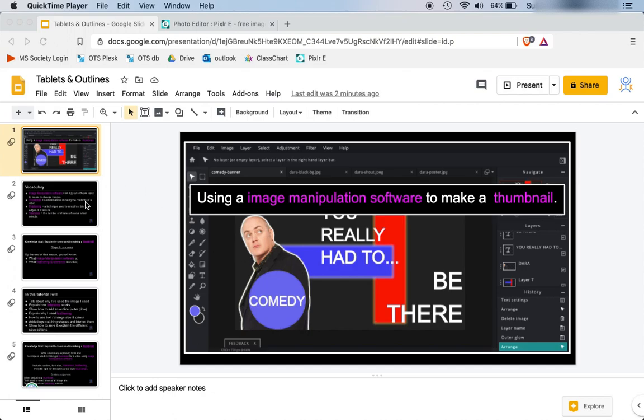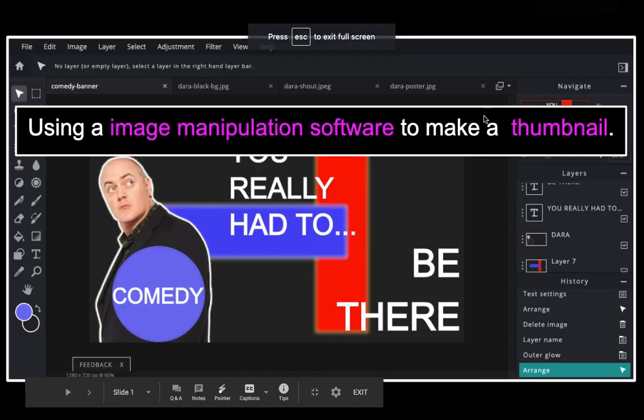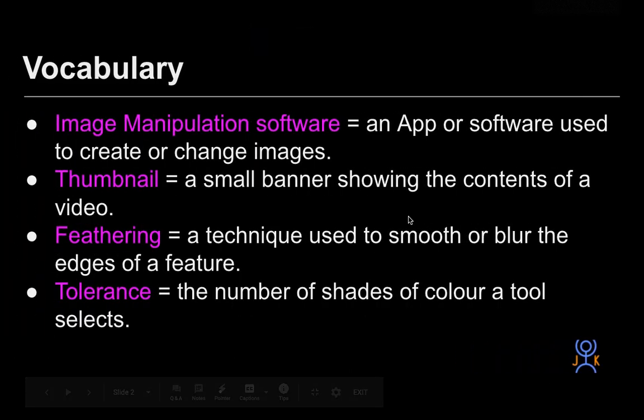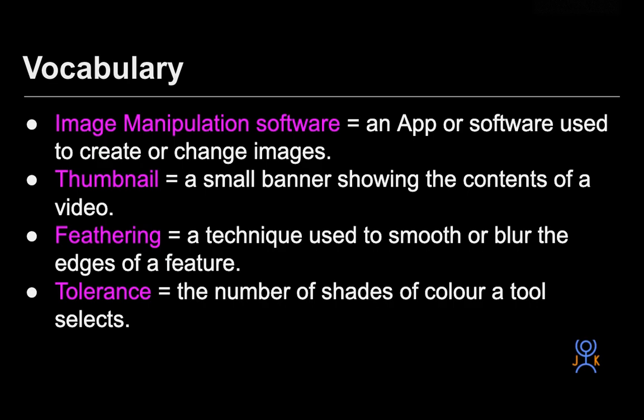So, before we begin, let's get on with this presentation. Right, so vocabulary. Image manipulation software is an app or software used to create or change images. Manipulation means change. A thumbnail is a small banner showing the contents of a video. Obviously it's something that's on the end of one of your digits on your hand,